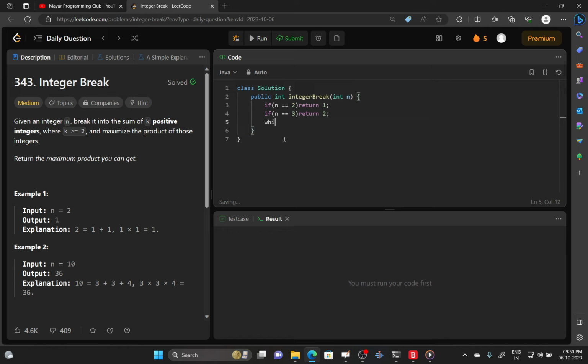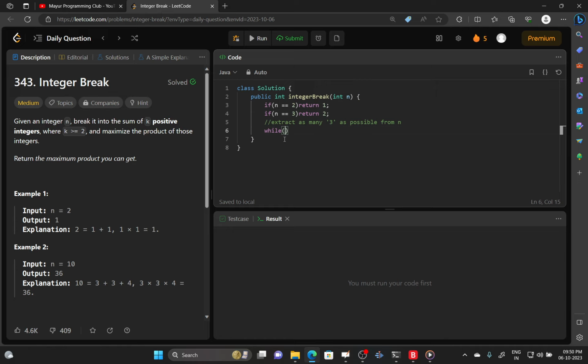So we will extract as many 3's as possible from n. Okay,